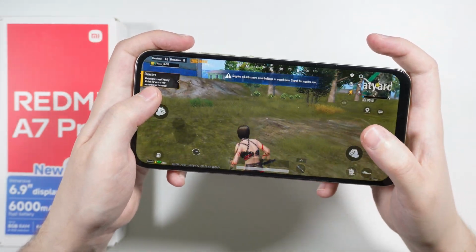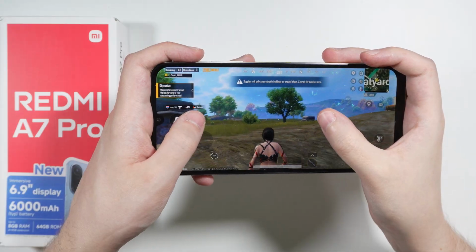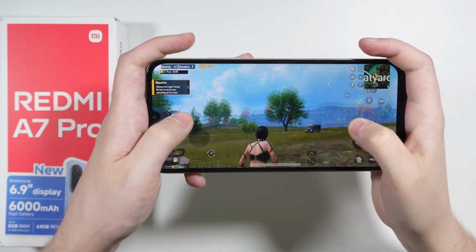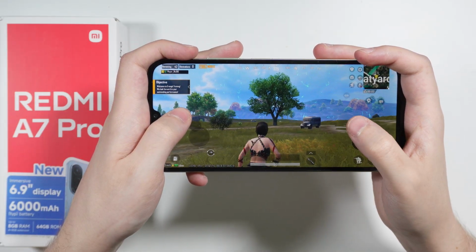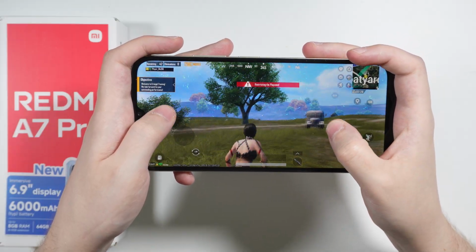If you are wondering if you can play PUBG on a Redmi A7 Pro, then the answer is yes, you should be able to play the game. And the game somewhat runs fine, it's not too bad, honestly. It feels pretty okay. You should definitely be able to somewhat enjoy the game,